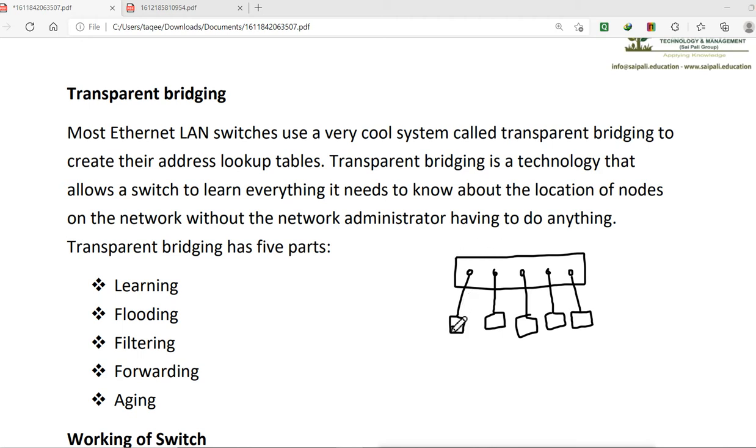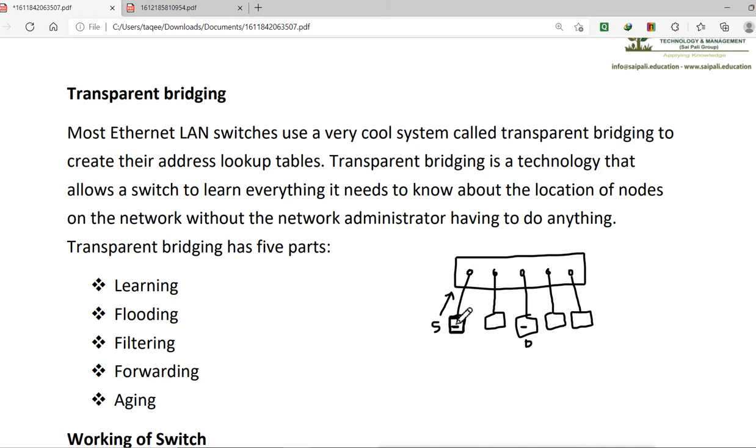For example, this machine wants to send data to this machine. So it will send the data. Now remember, when data goes out of this device, it will go through all those 7 OSI layers, from the 7th layer to the first layer. And when it reaches the data link layer, this machine adds the MAC address of the source machine which is sending the data, and the MAC address of the destination machine which is going to receive the data. And remember, the switch can open the packet only till the data link layer. Now the packet will go to the switch.